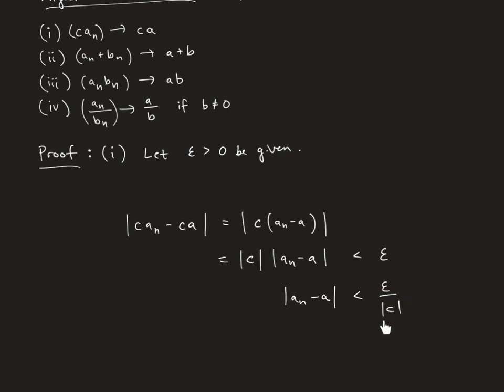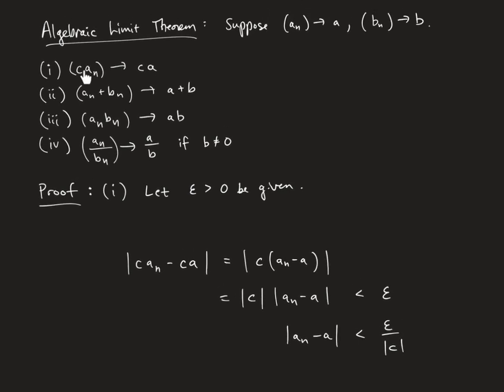There's only one little wrinkle here, which is that we're assuming that C is not equal to 0 to be able to do this division, so we'll make a little note of that. Of course, if C is 0, then we just have a sequence of zeros, and we're claiming that a sequence of zeros converges to 0, and that's basically obvious. So maybe we'll just say that at the outset. If C equals 0, then the convergence of the sequence 0, 0, 0 to 0 is obvious.